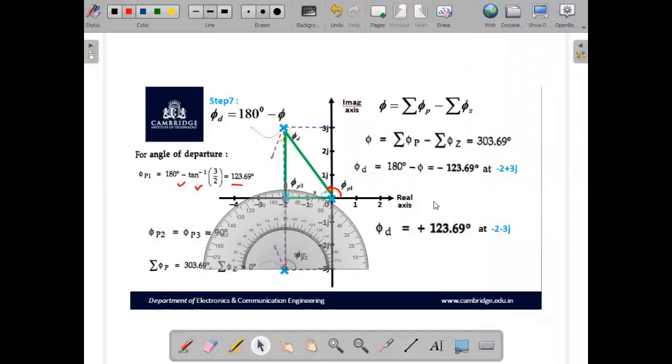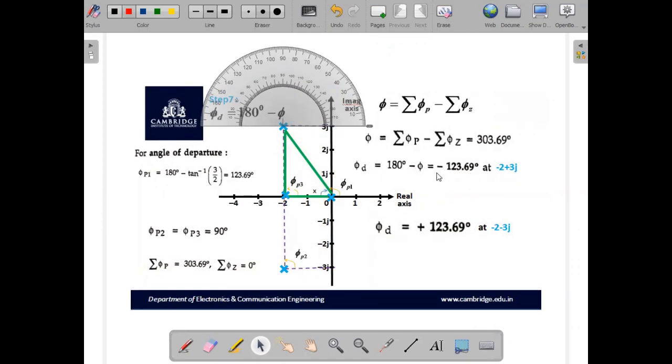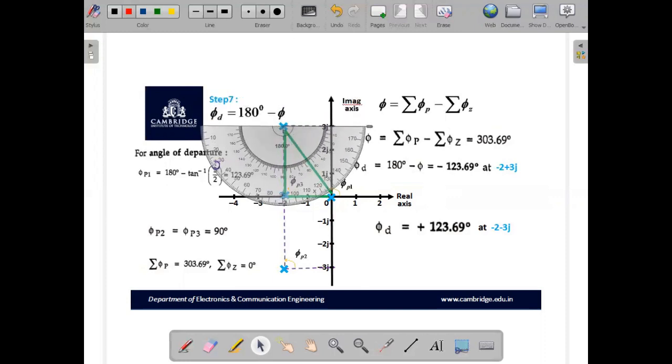Now let us mark for the angle of departure at minus 123.69 degree for the complex conjugate pole at -2 plus 3j. The angle of departure is given by minus 123.69 degree. If you take the clockwise direction, this angle will be 90, 180, 270 and so on. As the angle is negative, we have to take the angle in the clockwise direction, having -2 plus 3j as the reference. I have fixed the center of the protractor exactly in this location. And let us plot for